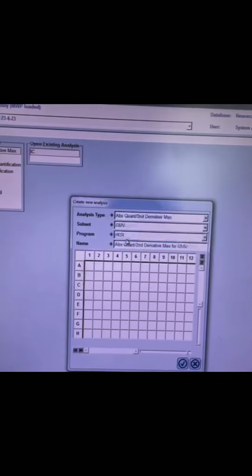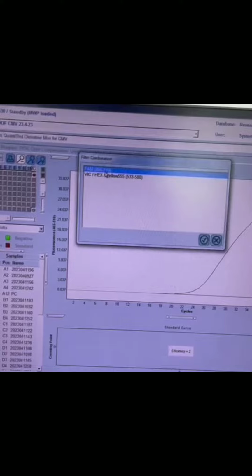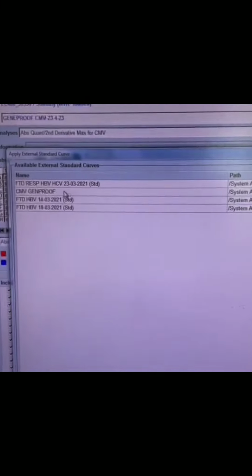And check for the CMV now. So for CMV we will do the same thing. It will be on FAM, and then here we will use the external standard curve, which is the CMV Geenproof. Okay, and then after that we will calculate and we will check the